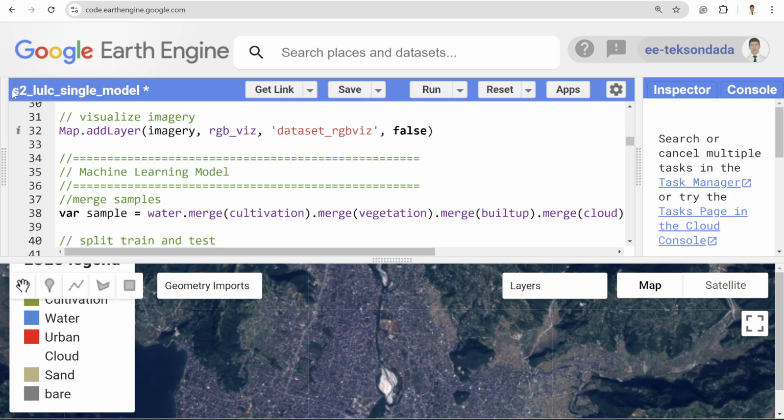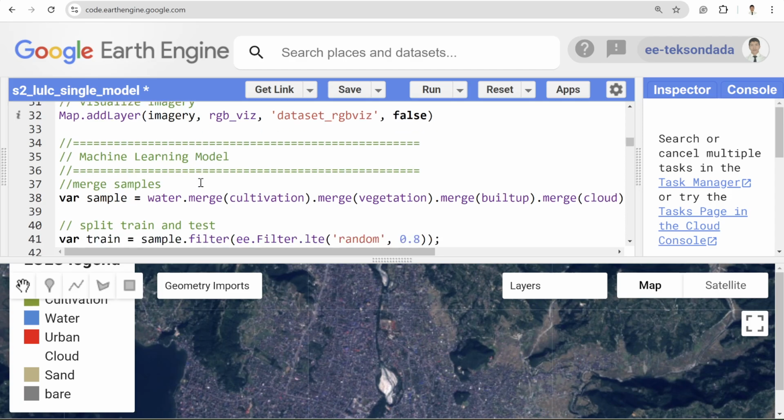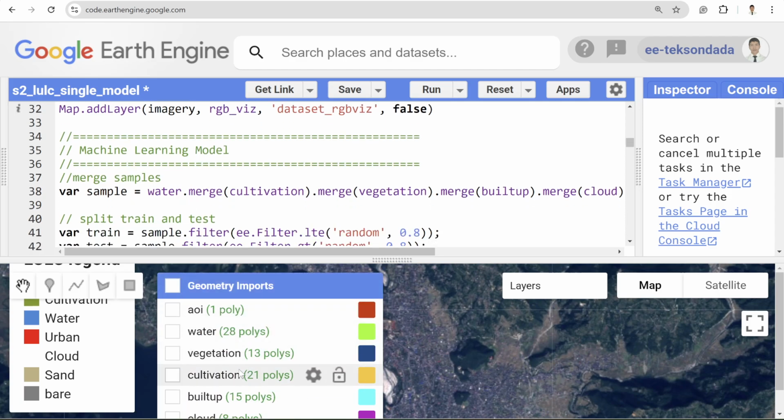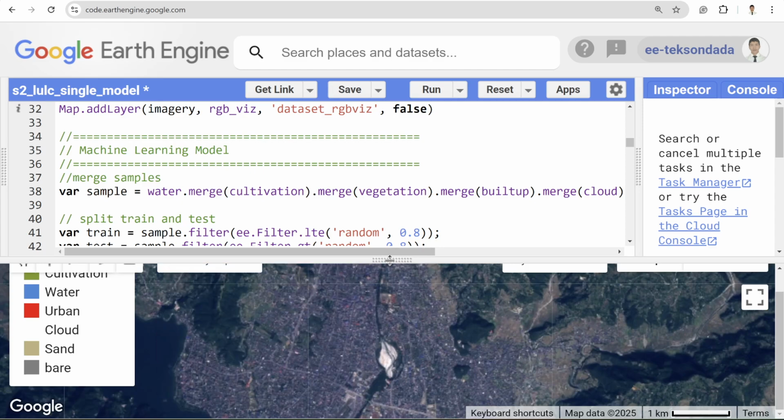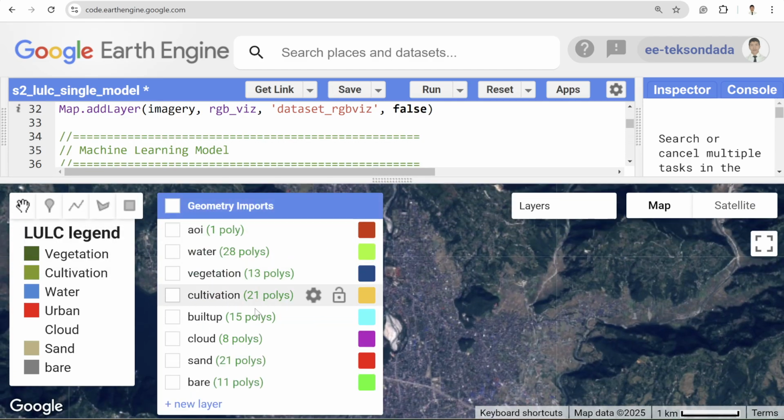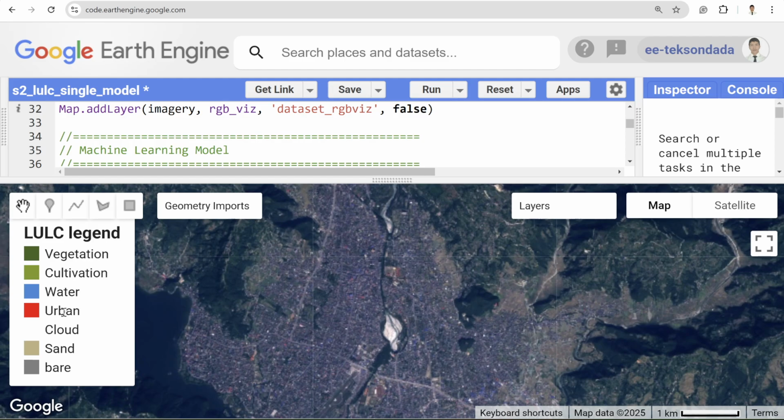So here I'm going to explain what I'm doing. Basically, first I create all the samples. If you want to see how many samples I created, this is the number of samples. For water, I have 28 samples, vegetation 13 polygons, cultivation 21, built up 15, and so on, right? And there are 7 different classes, and I also try to separate the urban area from sand, because